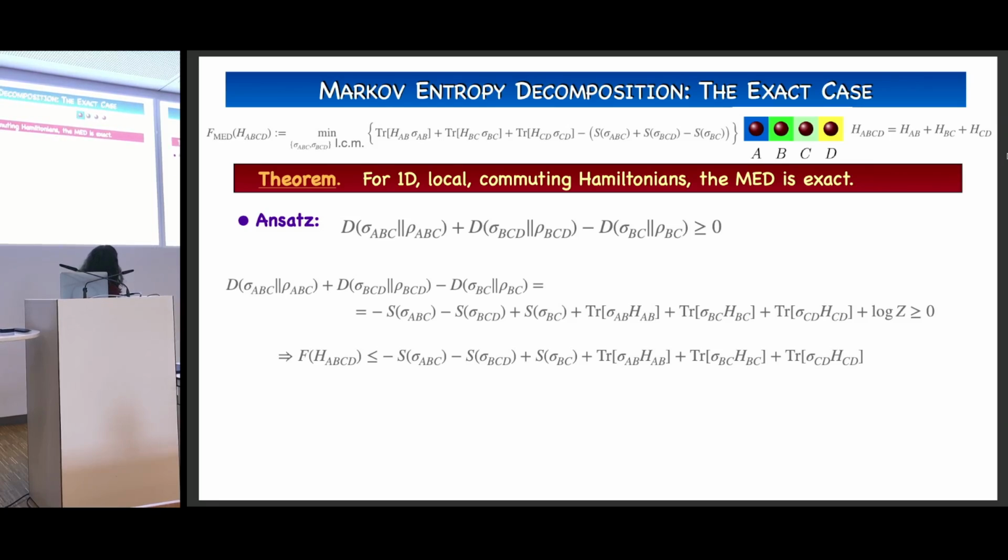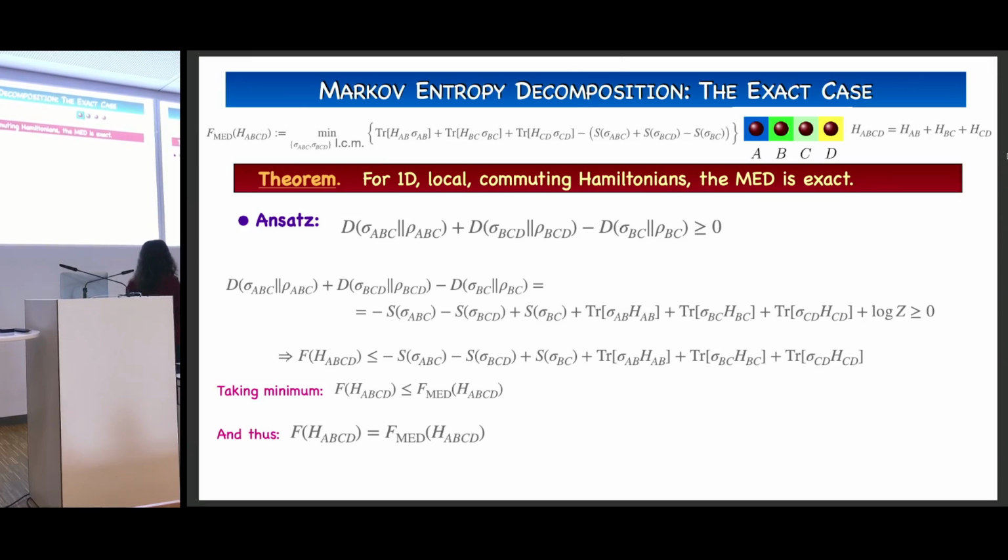However, if you look here to the met that I'm keeping at the top of the slide, this is exactly the same expression that we have there by taking the minimum. So now we take a minimum, and what we have is that the free energy is upper bounded by the met. But I just proved a couple of slides ago that the met was actually upper bounded by the free energy, which means that in this particular case, both of them are the same. Okay, so this is the way to see that in this case, the met is actually exact. This is the way to conclude it.